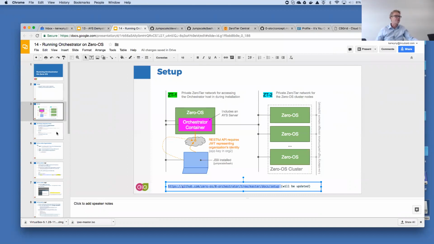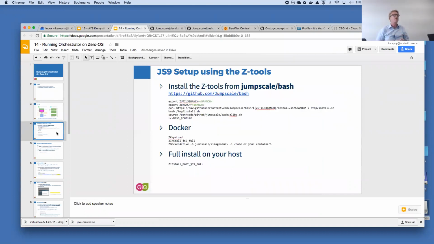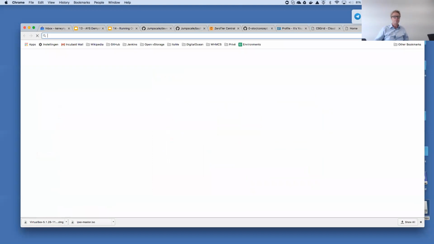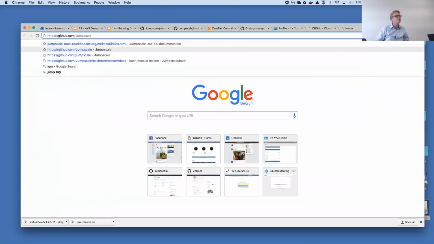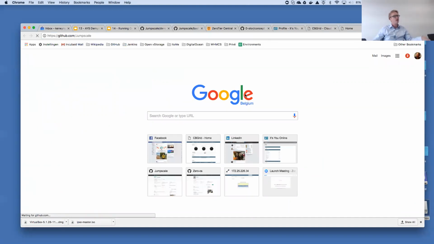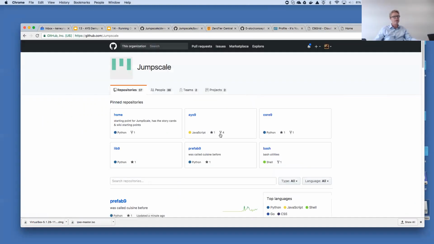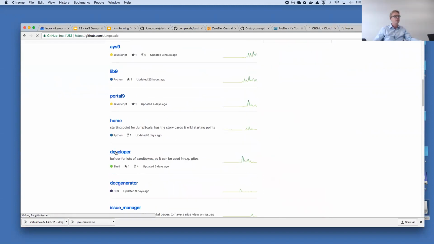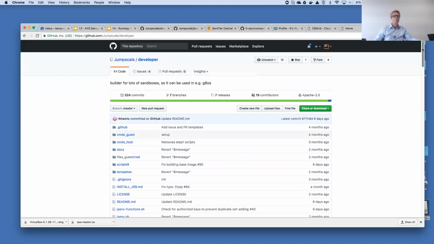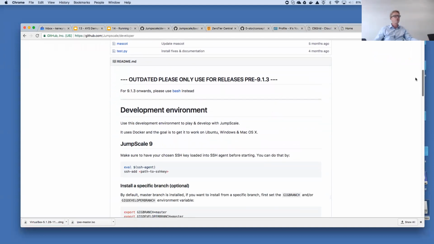Okay, let's get started. Now, the first thing you need to do, as I said, is install the Z tools. Now, remember that we typically point you to Jumpscale on GitHub, and in Jumpscale we have this repository developer, and that's where we typically pointed you to in order to use.